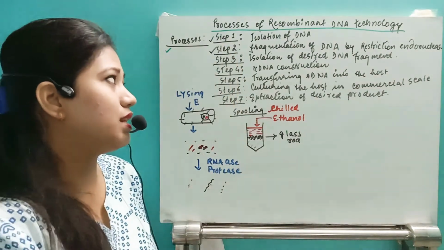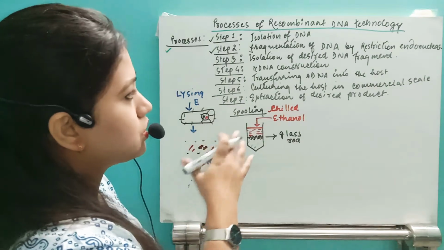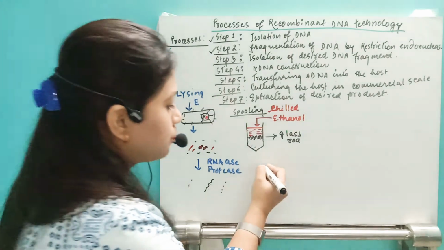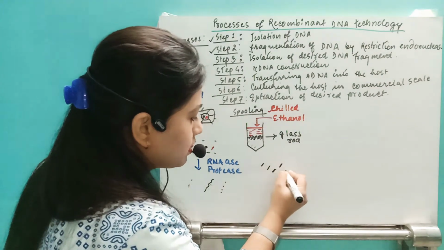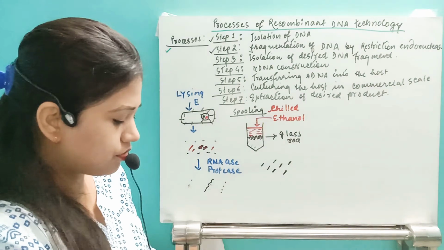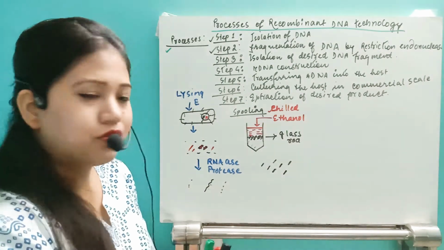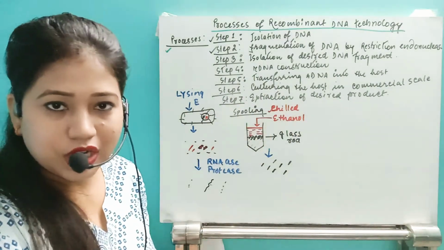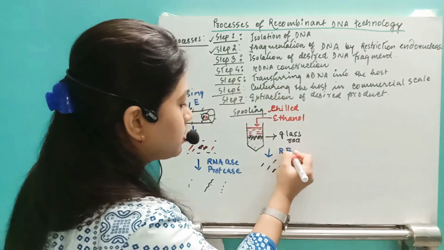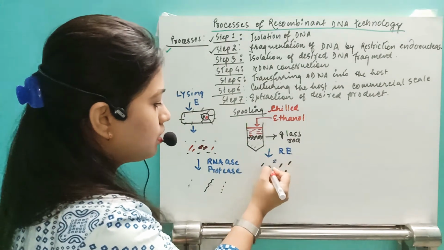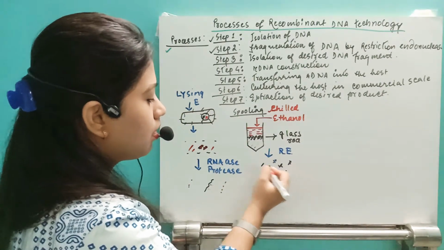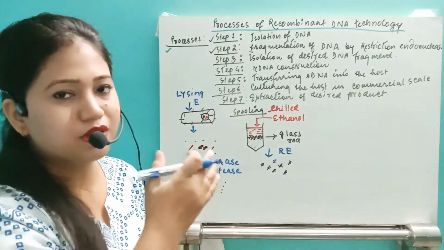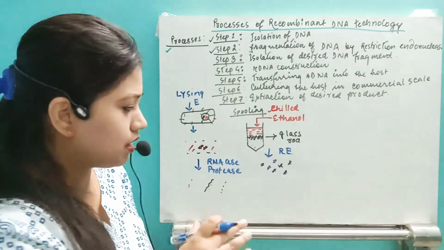What is the step? That is fragmentation of the DNA by restriction endonuclease. So after that, suppose we get the DNA fragments. These are the long DNA, suppose. Now this DNA will be treated by this restriction endonuclease. Suppose this is the restriction enzyme. This restriction enzyme will cut the DNA fragment in its specific region, isn't that? Suppose in that region, palindromic sequences form sticky or blunt ends, anything, but the DNA fragments have been cut.